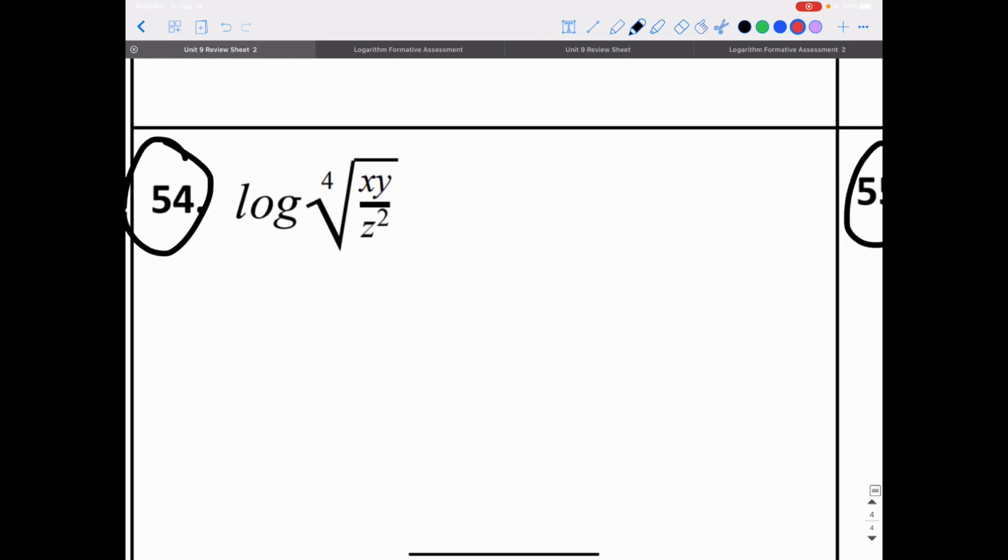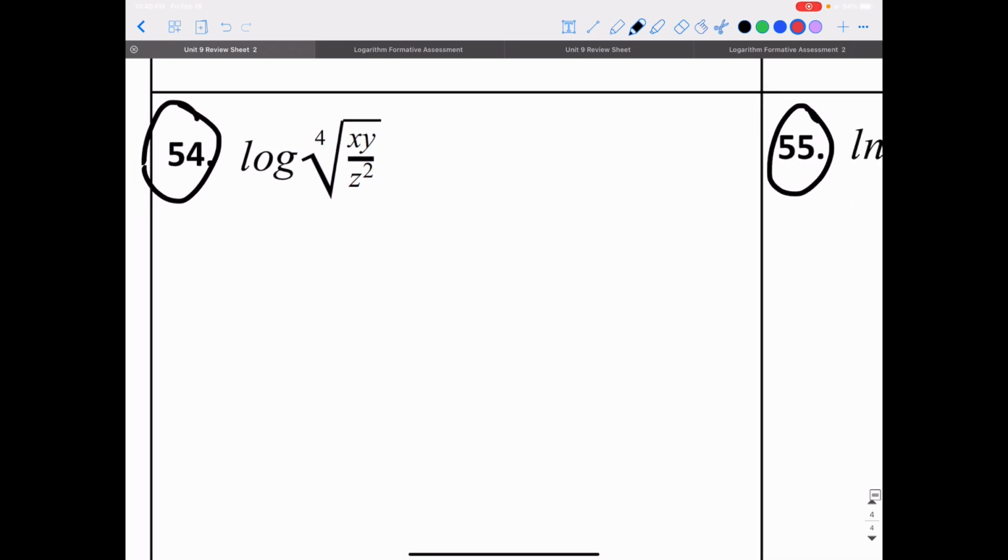For number 54, I have log of the 4th root of xy divided by z squared. The last thing I do when I'm condensing something is I take the fraction exponents and I change them to roots. So the first thing I'm going to do when I'm going to expanded form from condensed form is the exact opposite. I'm going to take my roots and make them fraction exponents instead. So the fraction exponent that I actually have here, I have xy over z squared raised to the, if I do the 4th root, I'm actually raising it to the